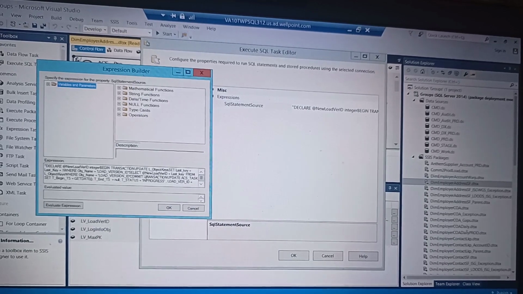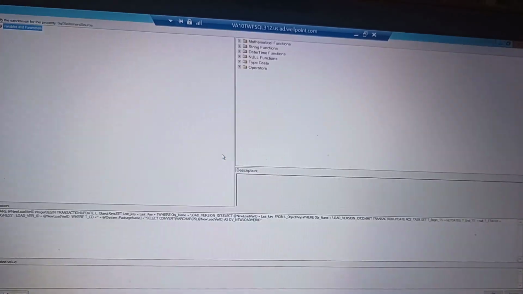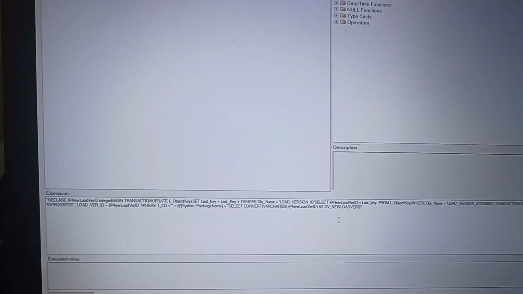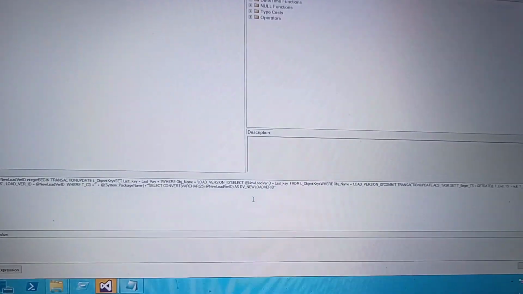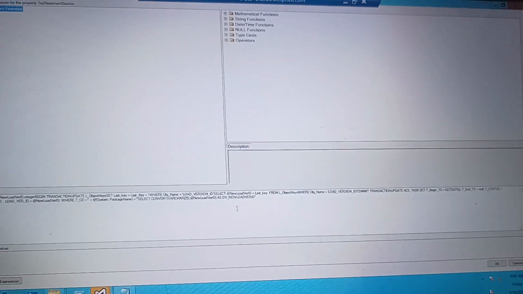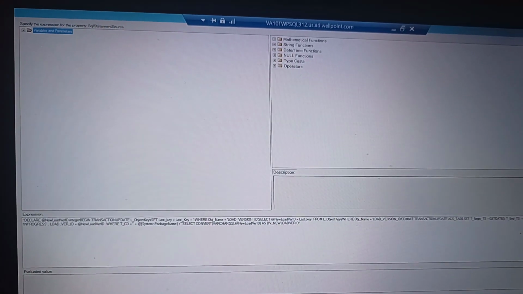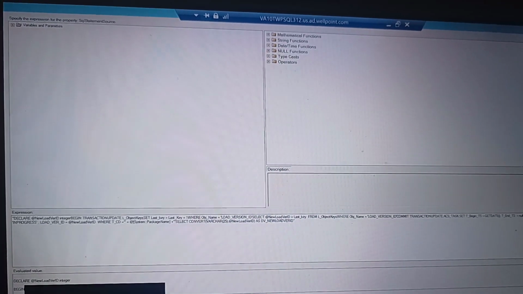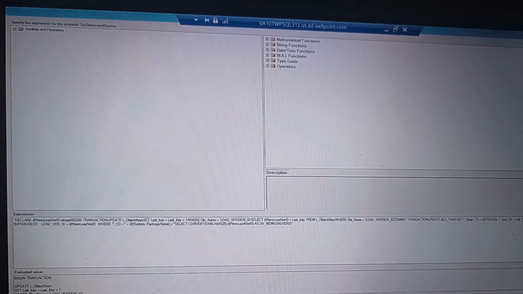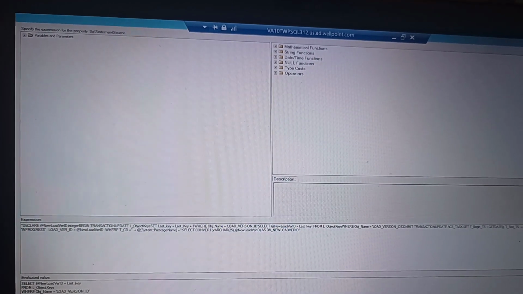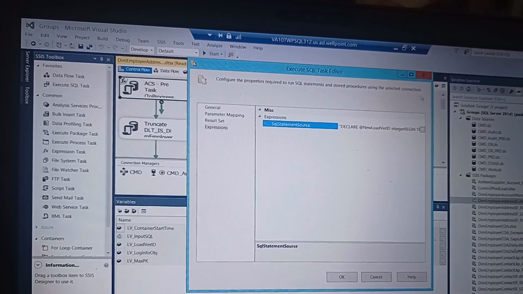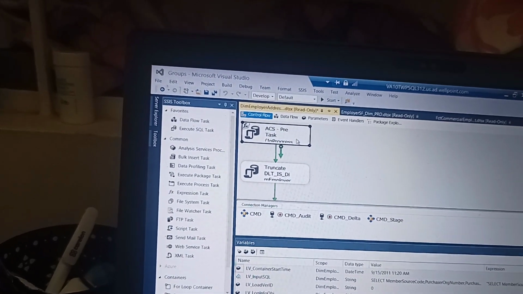So if I open this, so here if you enlarge this, so here you can see this is the code which we are running. Okay, this is the code which we are running. So if I evaluate it, the values which we were checking over there, that is the same we are going to get. Okay, so let's close this. And let's close this. So in the starting we are updating ACS task as in progress,